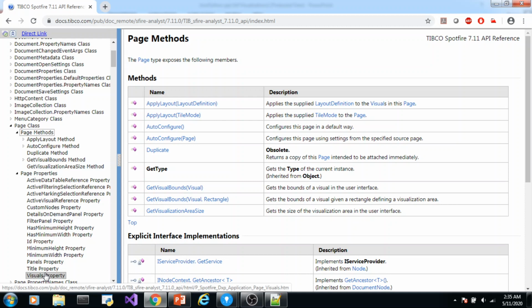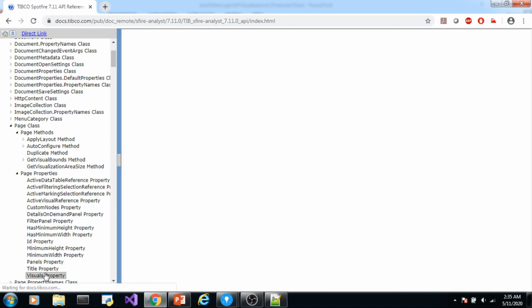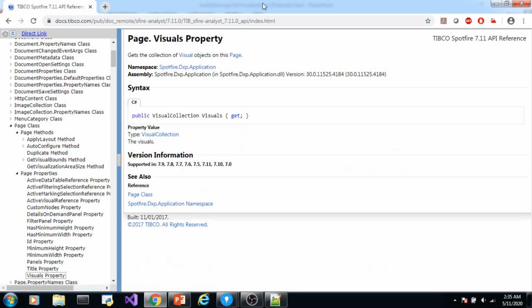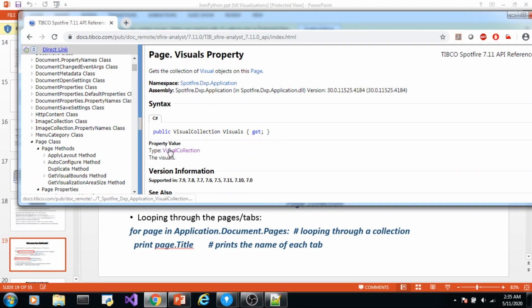It will return a collection of visuals. See, it returns a value of type visual collection. Now, what all properties and methods can be used with this collection of visuals? We will go to the visual collection class.